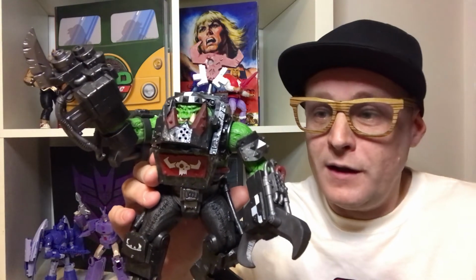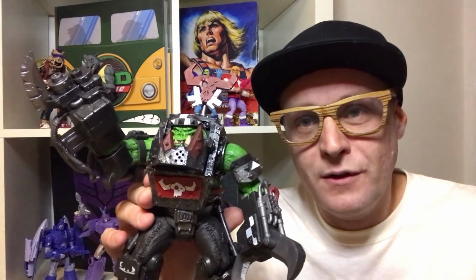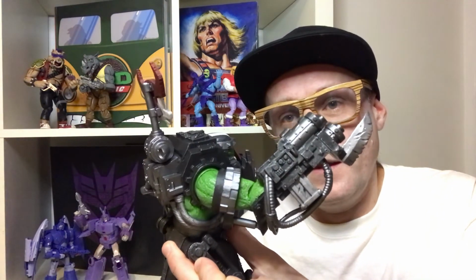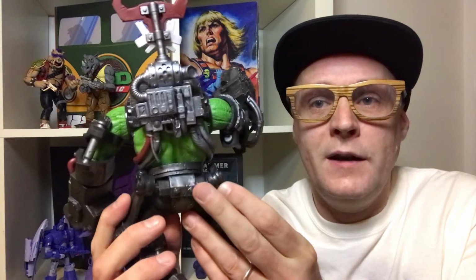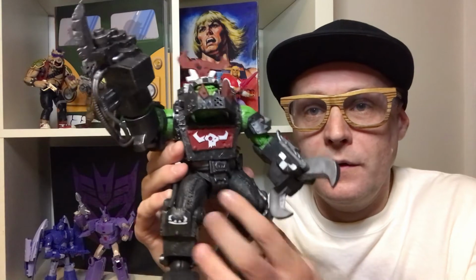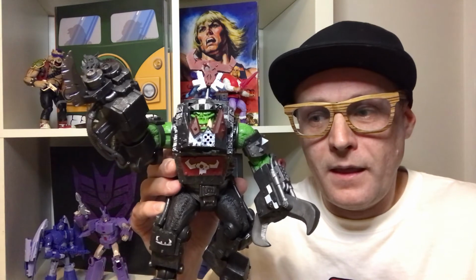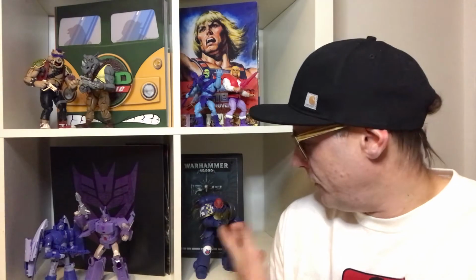What I will say though is he is lacking in paint apps. When you look at some of the detail, obviously none of the gun is painted, with the electrics or the wiring. There's a little bit on the backpack, and some of the glyphs aren't painted either, which is fine to display, and I'm super happy with it, just as I was with that. I think they could have done more,